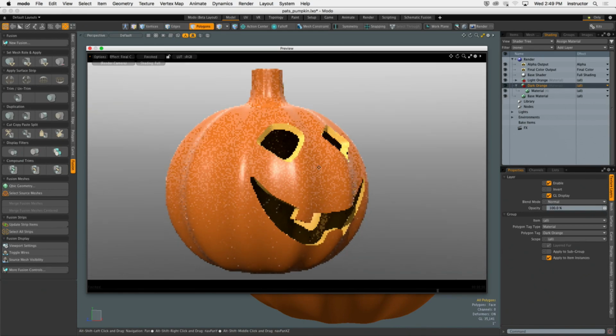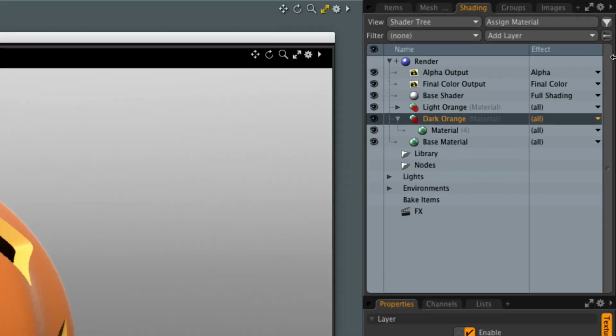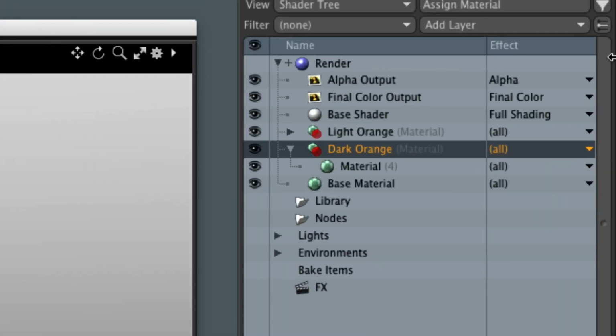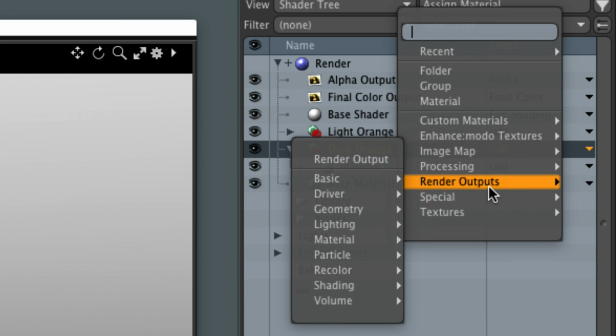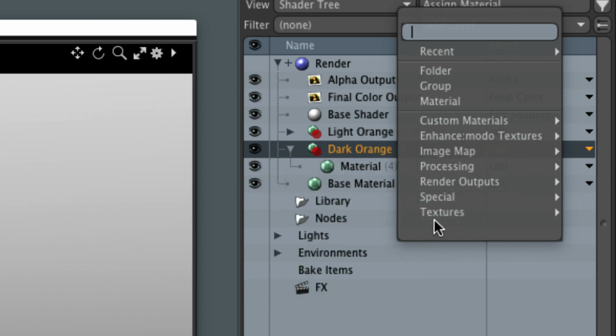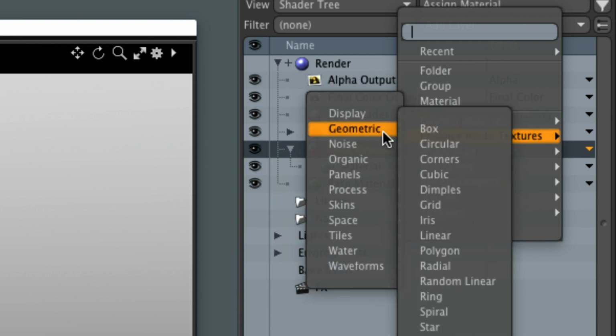I think I'm going to use a procedural texture, something that we can create here inside of Modo. We don't always have to go to textures.com or the Googs to get what we're after. We can actually create textures here inside of Modo. They're called procedurals. I'm going to go Add Layer, and they're down here. There's actually a couple of them. These are some really crazy ones. Okay, these are difficult to